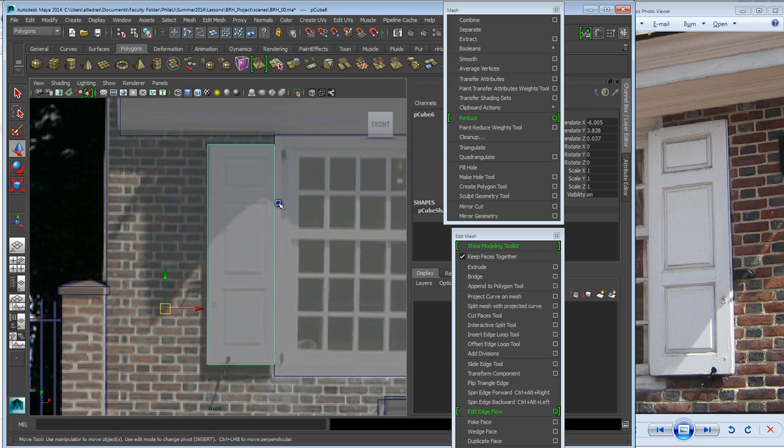So I'm going to start by separating this. Let's use the insert edge loop tool, and these are going to be pretty arbitrary cuts. So I'm just going to put them right here, because all of these three panels are not the same size. They're all different. So it doesn't need to be divided in three equal panels. The next thing I want to do is